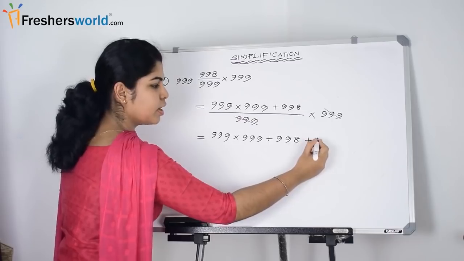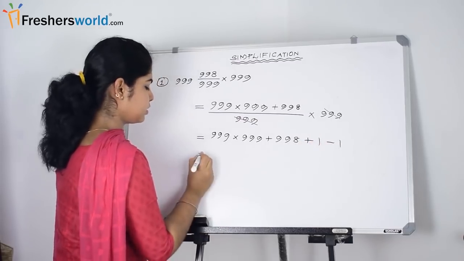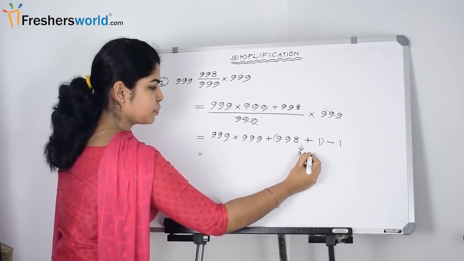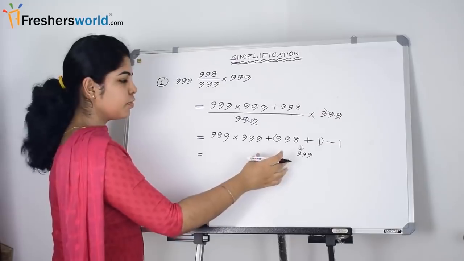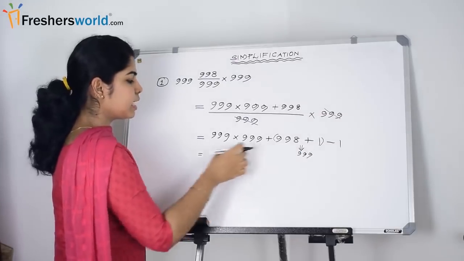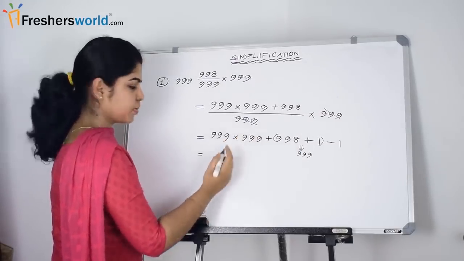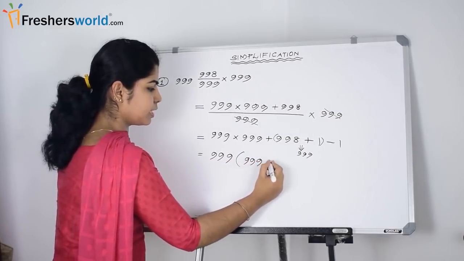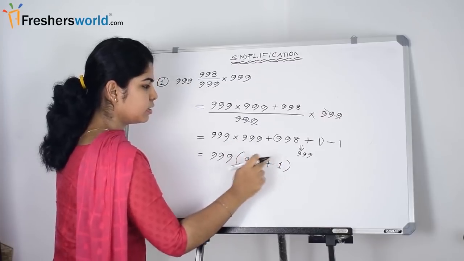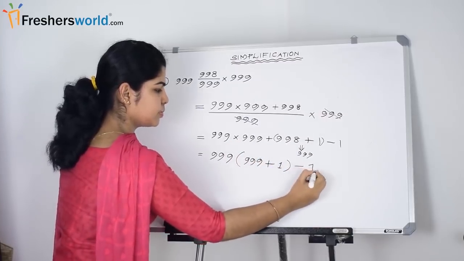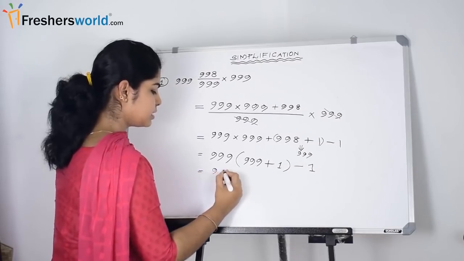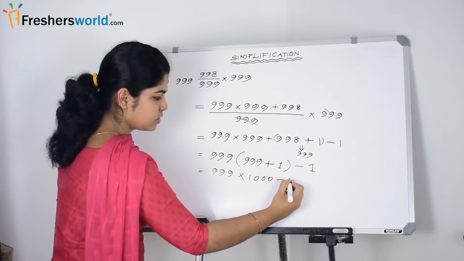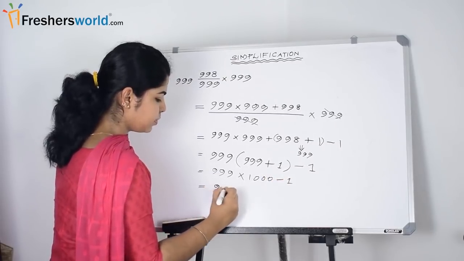And I'm just adding 1 here and subtracting 1 here. Just want to make this 999. Then only we can take 999 common to both these terms. See, I am taking 999 as common. So in bracket we can write 999, then 1 from here, then subtracting 1. So in next step it will be 999 into 1000 minus 1, and the final answer will be